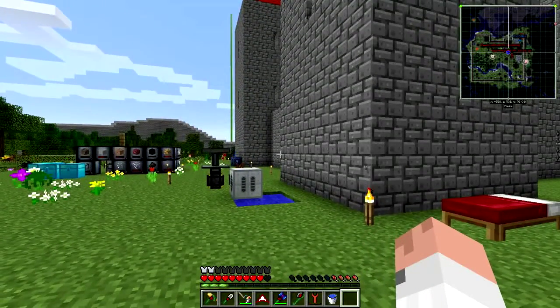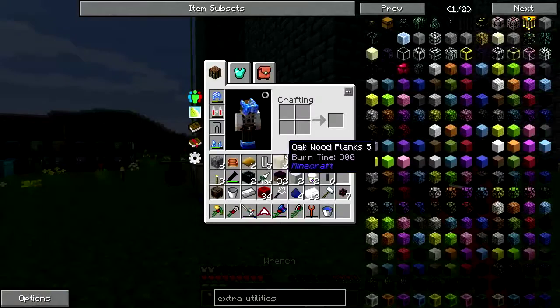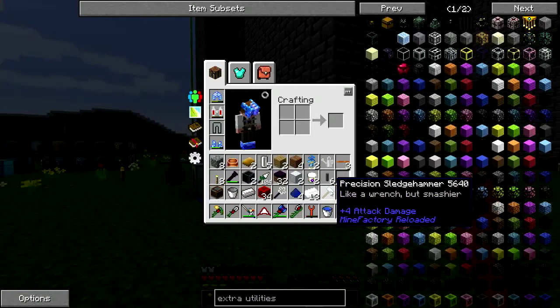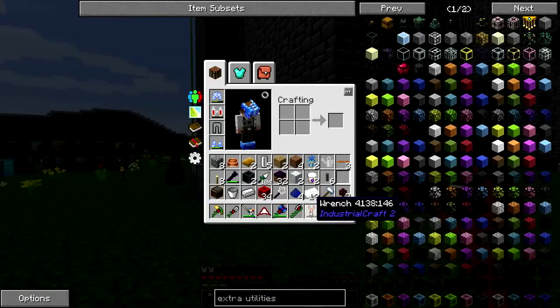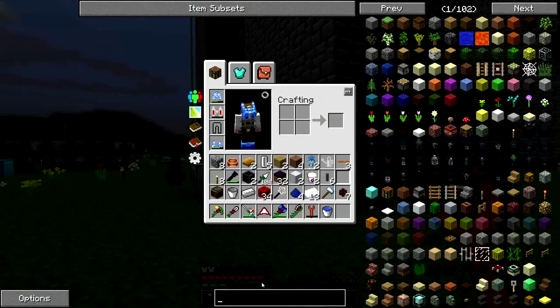So I figured out why I was constantly losing my machines even though I was using the wrench. Turns out the wrench is not as infallible as with all of the other mod packs, or other mods' wrenches. Instead, it only has, I think, like an 80 to 90% chance of keeping the machine, but as you can see, I lost another machine. Yeah. But the electric wrench can help a whole lot,